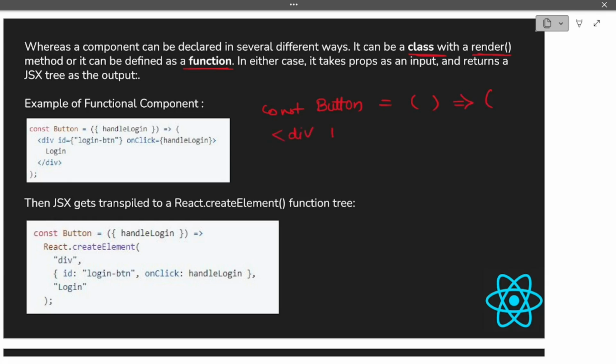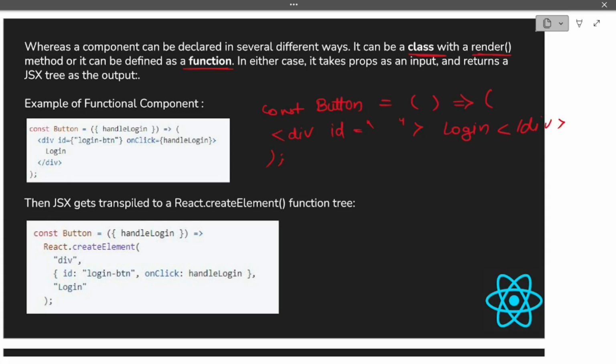Then our div, and if we want to pass any ID or class name, we can do it here. Then our content, and then the element closes. After that, this function also closes.